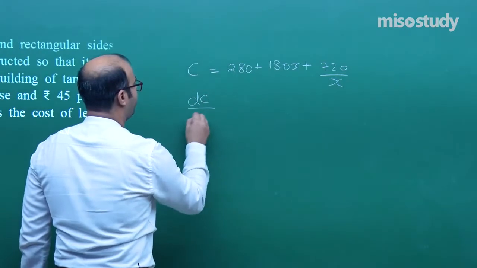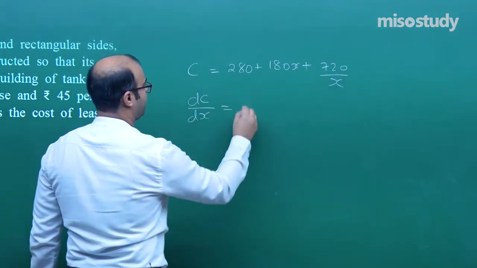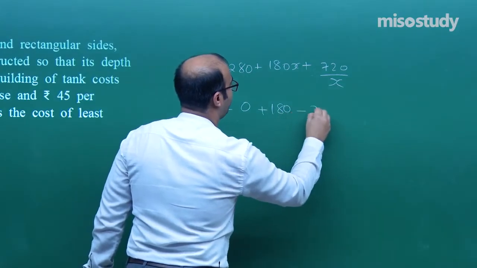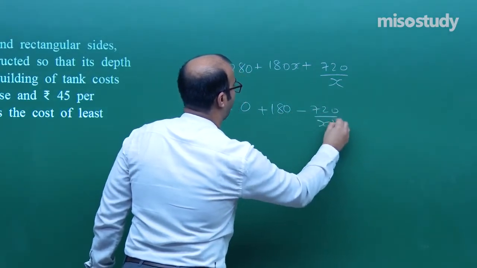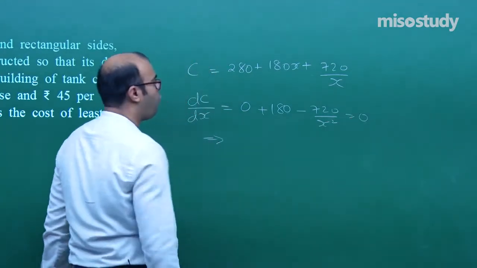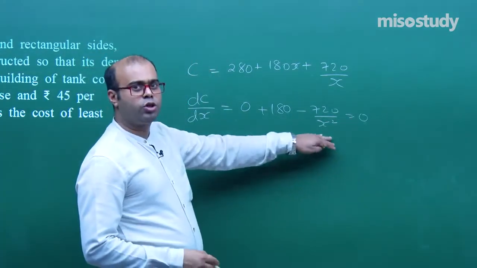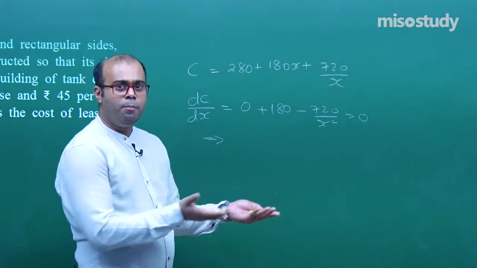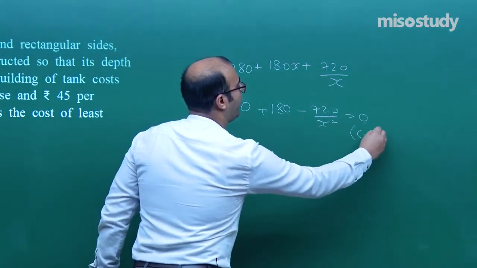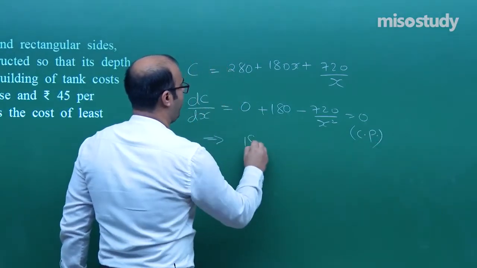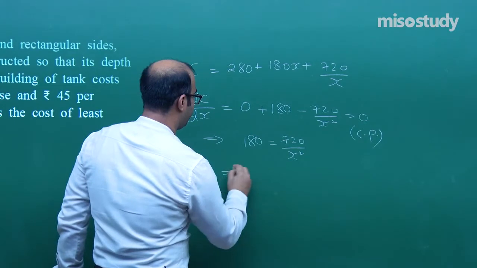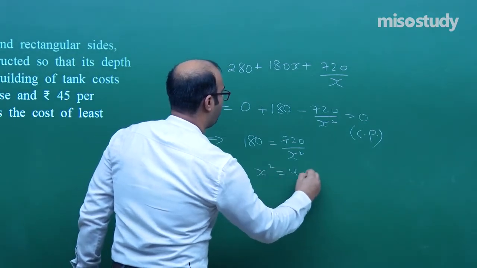So for the minimum cost, we will differentiate with respect to the variable x. This will become 0, this will become 180, this will become minus 720 by x square. When we equate this term to 0, of course this cannot become undefined because x cannot be 0, the length of the base cannot be 0. So you can take only it equal to 0 for the critical point. So 180 is equal to 720 by x square, which means x square is equal to 4, or the length of